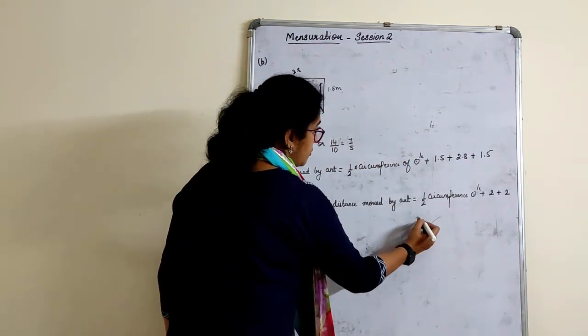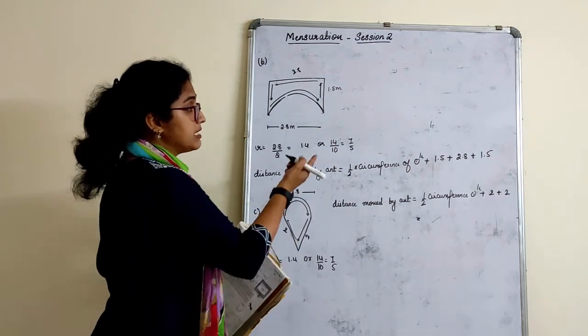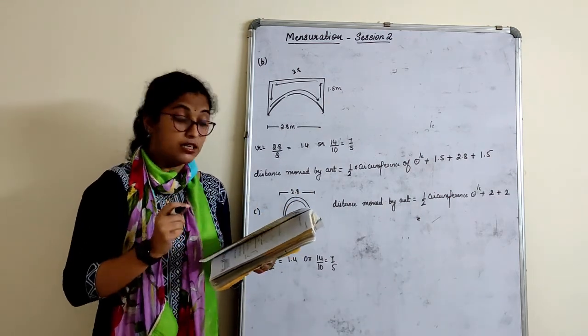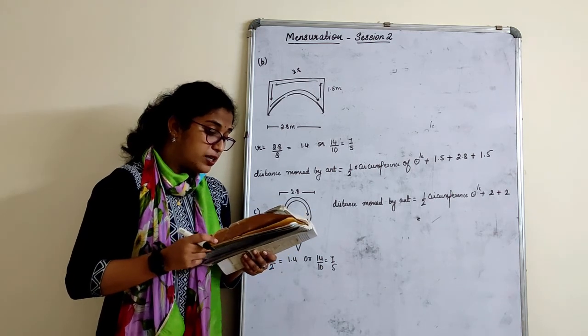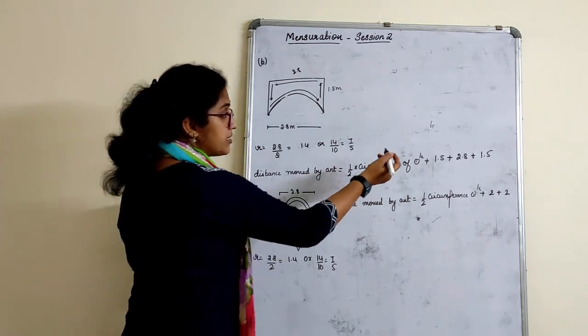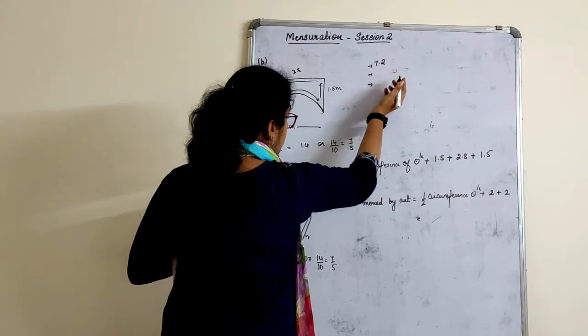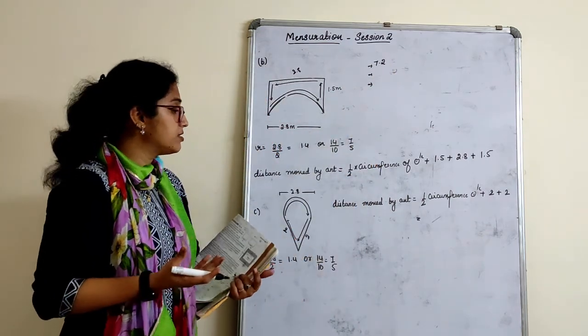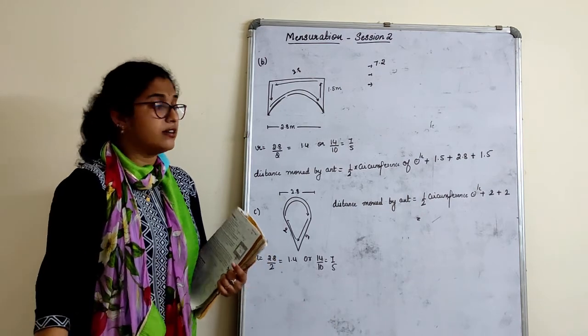You will find the answer. First one answer we got as 7.2. Check what is the second answer and check what is the third answer. They have asked us to find out which ant has to take a longer round. That means first is 7.2 I have got. I don't know what is for second one. I don't know what is for third one. Whichever is the greater distance moved by ant, that ant has gone the longer round. That you have to give as the conclusion.